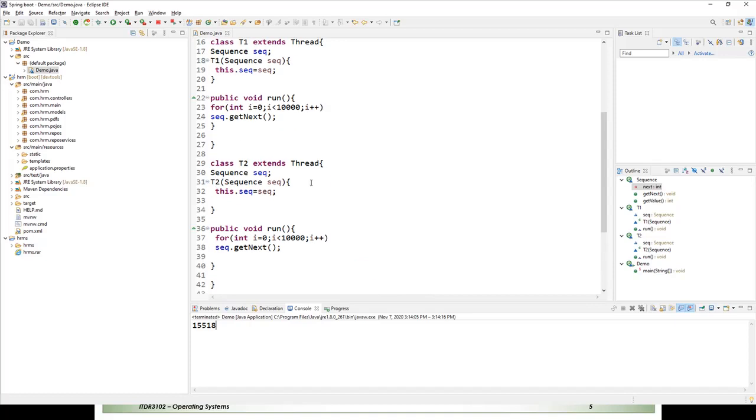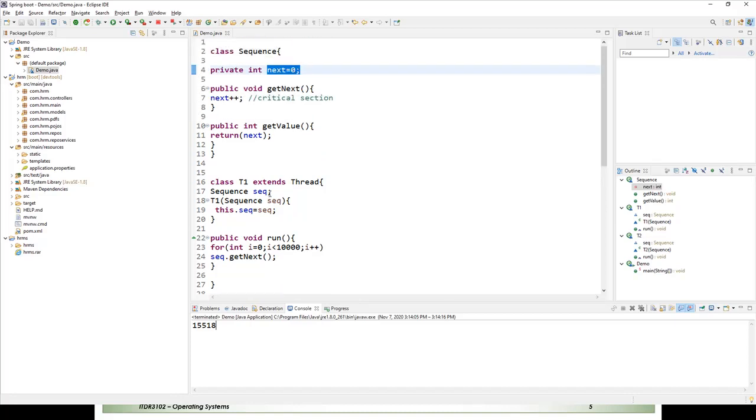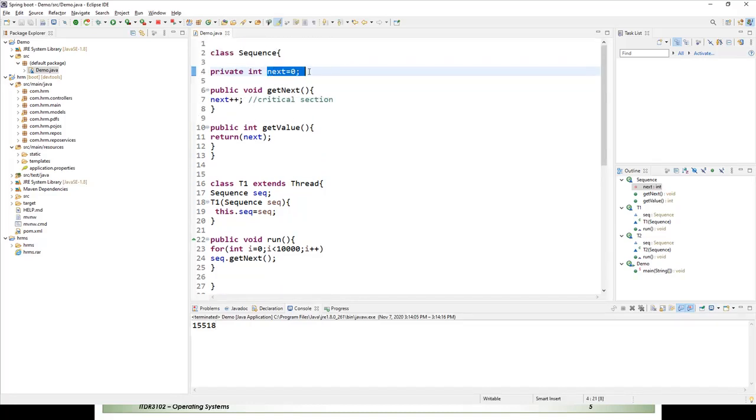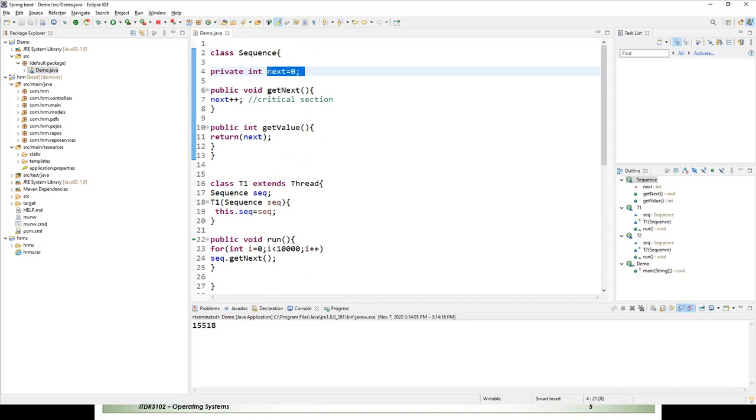At this moment you can understand what a race condition is. Race condition means when an application with multiple threads runs, and these threads share data and try to update the data concurrently, then the data inconsistency problem arises. That is called race condition.